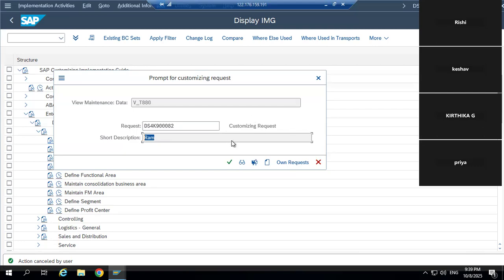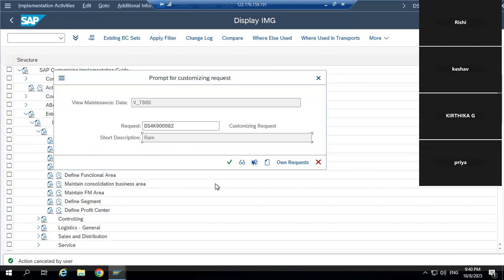This is a one-time process only. You don't need to do it again and again. Anytime you can save in SAP, maybe 50 times, 100 times, 1000 times, you have to save it with this name only. This is only a one-time process, when you save your company the first time on a new server, so you have to generate a request. I will not generate it because I have already generated it. I have saved it with the Ram name. So when I save anything, it will be saved with the Ram name.